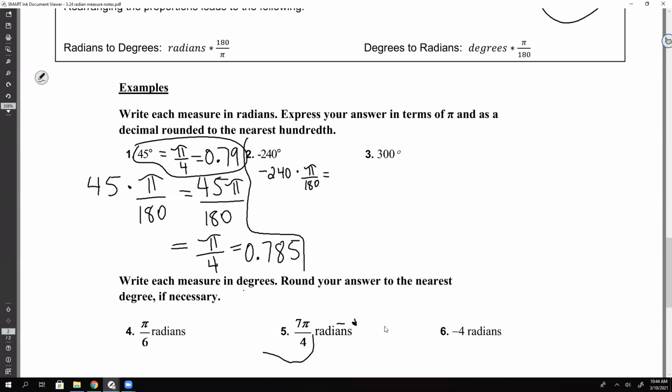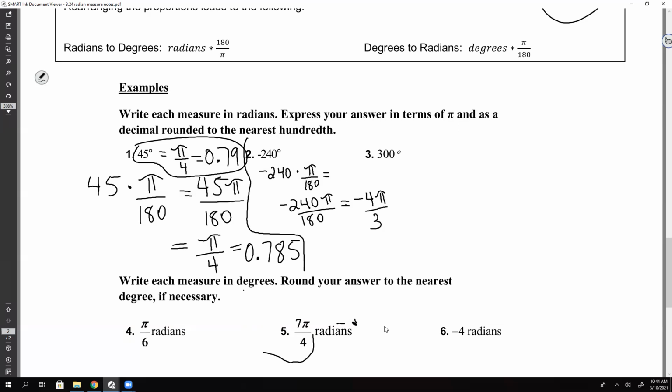Now, if y'all are using the calculators from the school, it will reduce these fractions for you. So I'm going to do negative 240 divided by 180, okay? Because here, I'm going to multiply this together, so I'm going to get negative 240 pi over 180, okay? And then I'm just going to type in the two number part. I'm going to leave the pi out of it. And so when I do negative 240 divided by 180, I get negative 4/3. So it's negative 4 pi